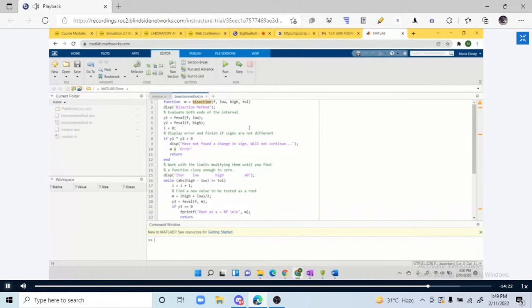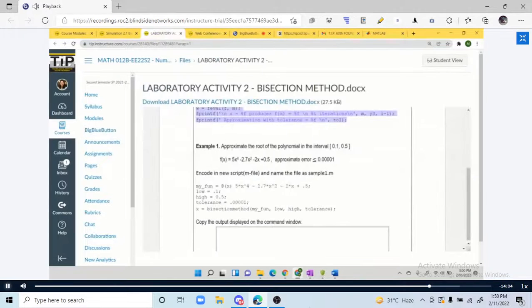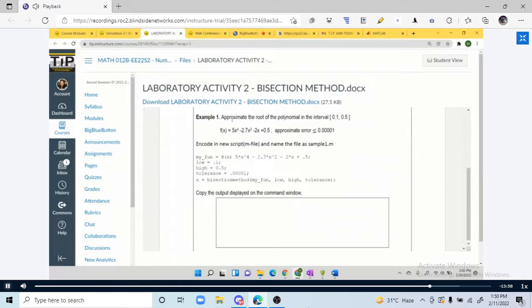Copy dito sa may script page, no? Script window. Tapos, save it as bisection method.m. Ayan, meron na ako, na-save ko na siya. Copy nyo ulit dito, save bisection method.m. Tapos, after that, meron ka ng function na bisection. Tapos, ito, may example number 1, approximate the root of the polynomial in the interval 0.1